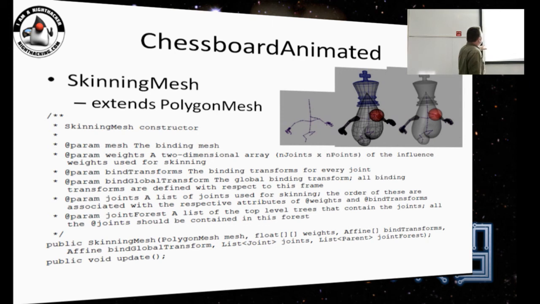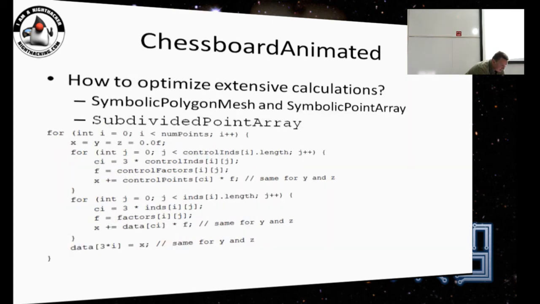So we have 4 weights for each point, and each should be connected to one joint. I cannot pronounce that. Two-dimensional array, number of joints multiplied by number of points of the influence weights used for skinning. This is 3D animation, so it's hard to understand.